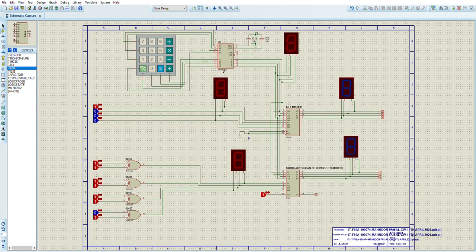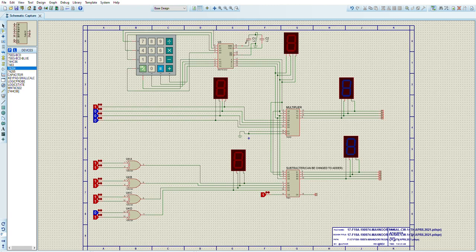Now this is also an IC. This IC name is MM74C922. Okay, so this IC would be connected with the keypad. The keypad would not be working without the installation of this IC. There are multiple ICs for the keypad to work, but this is the major one which is used.